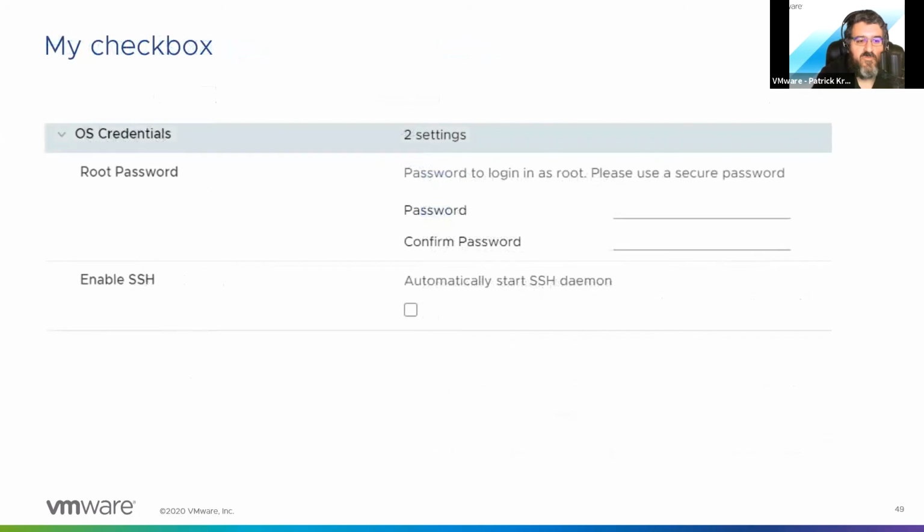Another example of a change that I was able to make, again, in December of 19, I couldn't have ever imagined that I would be making a change to an OVA UI, to the actual deployment. So if you decide, hey, I'm going to check out VEBA after this talk, and you go deploy it, you're going to have a place to check a box to automatically enable SSH. I was deploying a lot of VEBA, and I got tired of manually enabling SSH, so I wanted a checkbox to turn it on automatically. So that's in the actual OVA now.